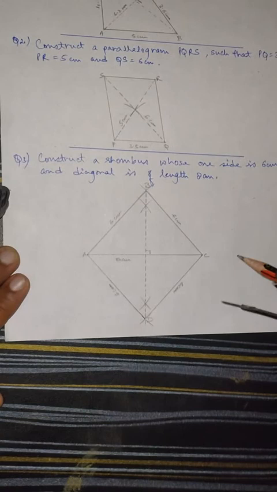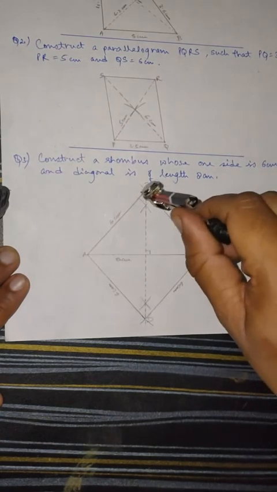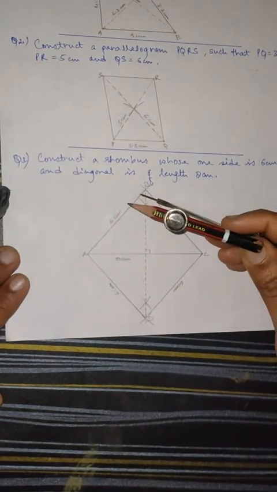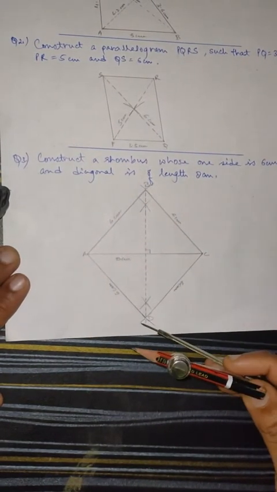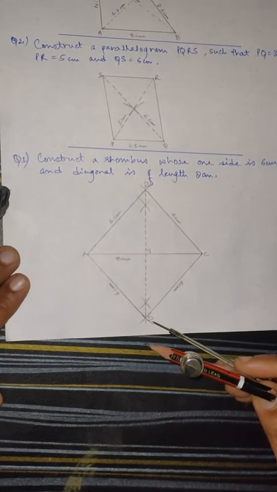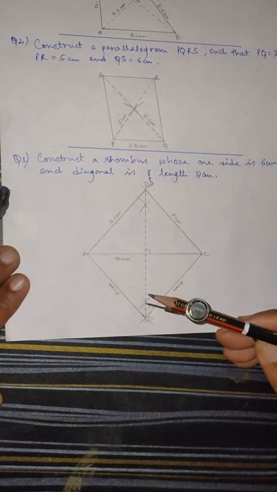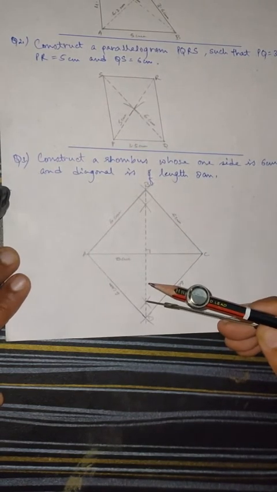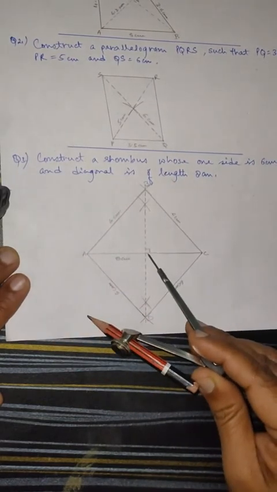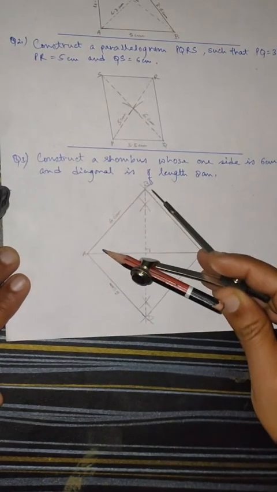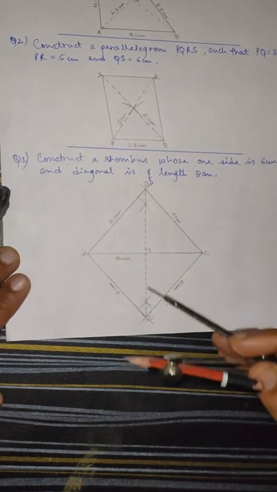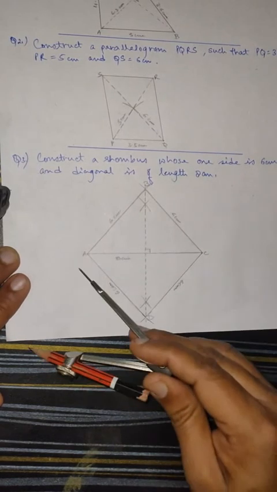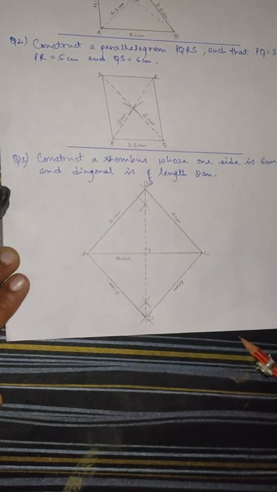I placed the pointer at C vertex and at A vertex, and on both sides I have placed these arcs of 6 centimeter. As far as the two arcs at the two ends are concerned, these are the arcs I have placed just for drawing the perpendicular bisector, for bisecting this line with an angle of 90 degree. And these are the two arcs that I have placed on the opposite sides of the line, which have the length of 6 centimeter from these two vertices. In this way, you can get the solution.